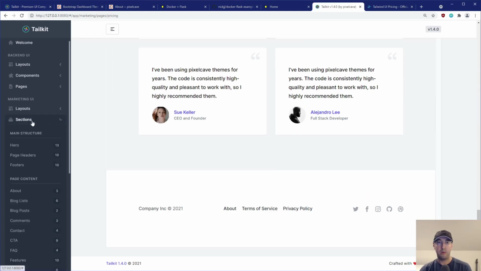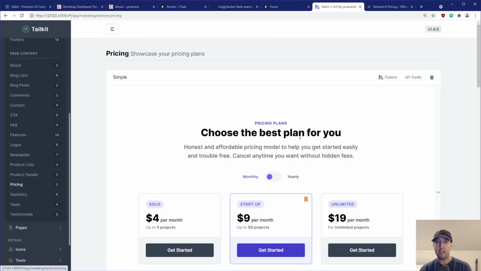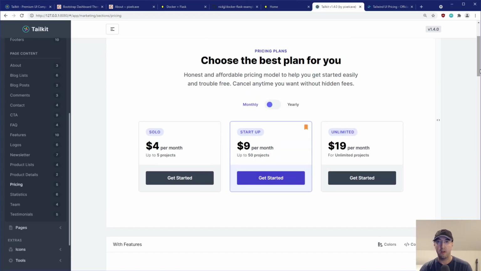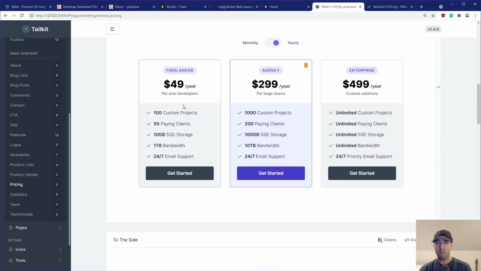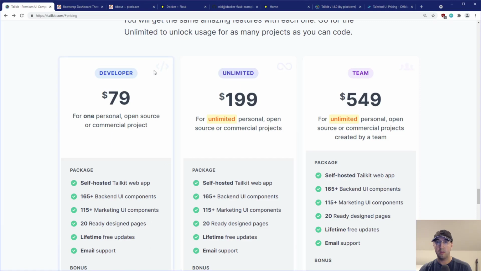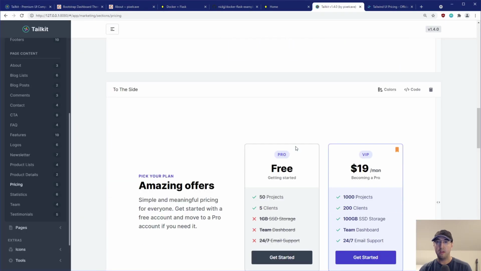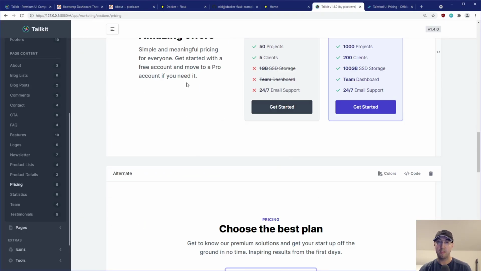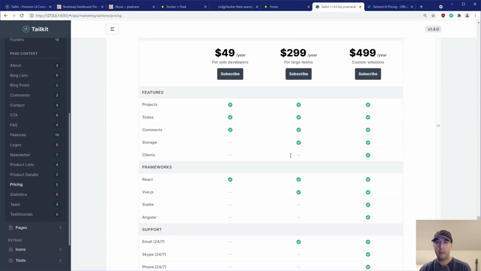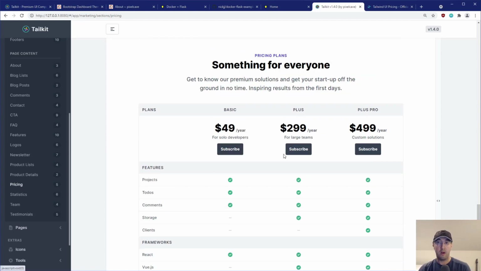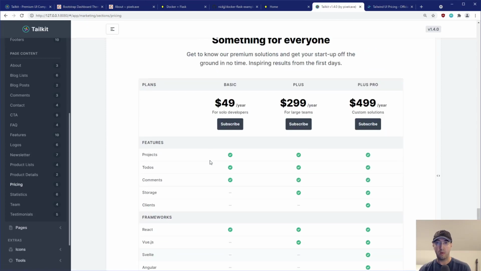I guess if we go to sections here and pricing, we'd see even more pricing table examples. There's a small one with a little pill thing that you can switch between monthly and yearly. There's this one as well, which is pretty similar to here, slightly different icons and stuff, but very similar, right? Here's one with maybe two plans with a little more context on the left. This one also looks quite nice. If you have one of those feature matrices, this one is also awesome, right? If you have a whole bunch of different features that you want to show off that you can